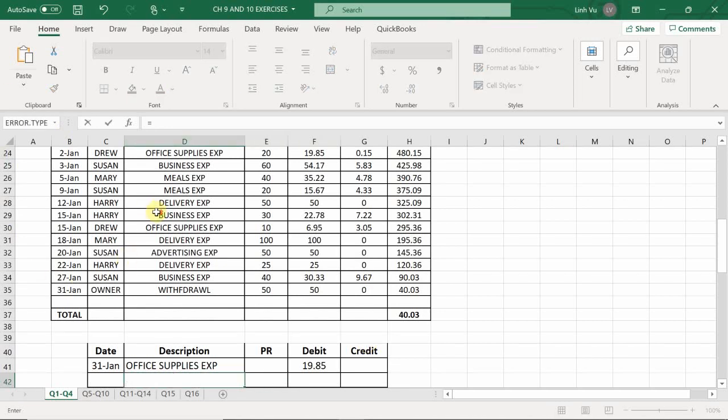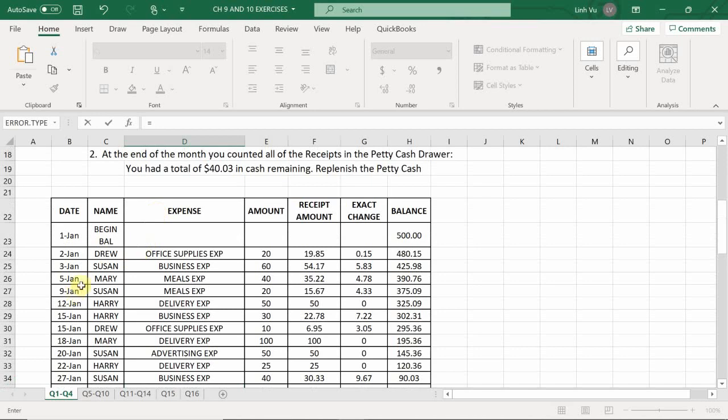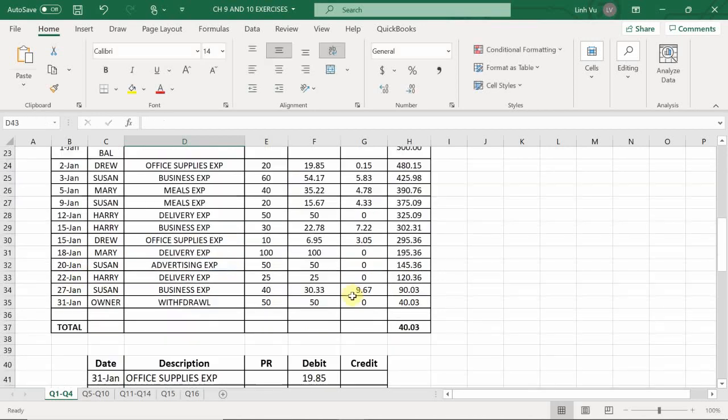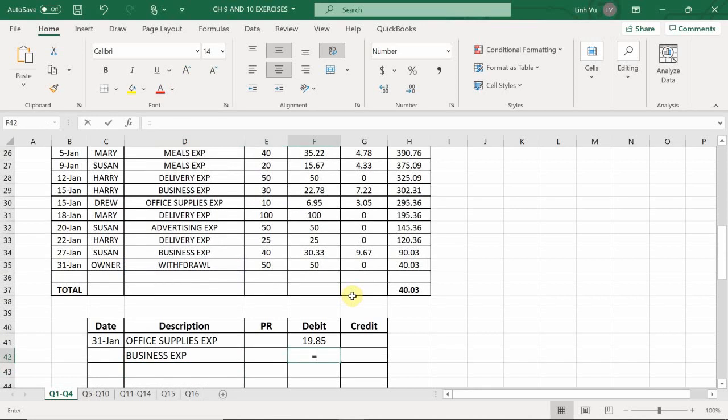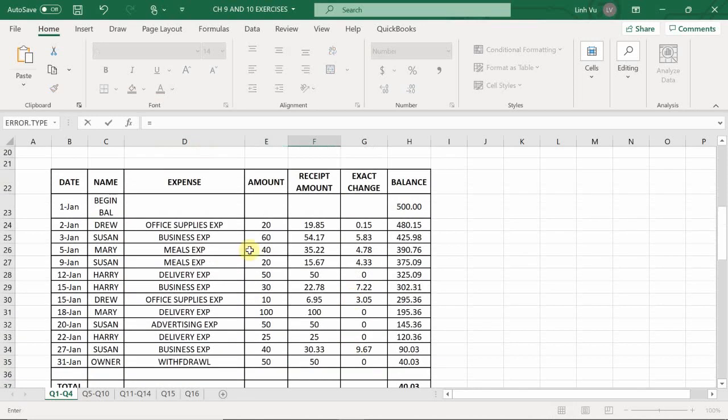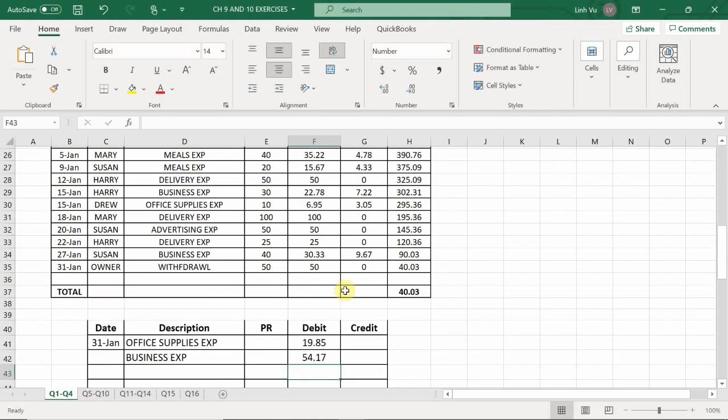Let's see who was the next person. The next person was Susan. She ended up doing a business expense. So there you go, business expense for a total of $54.17. Okay,